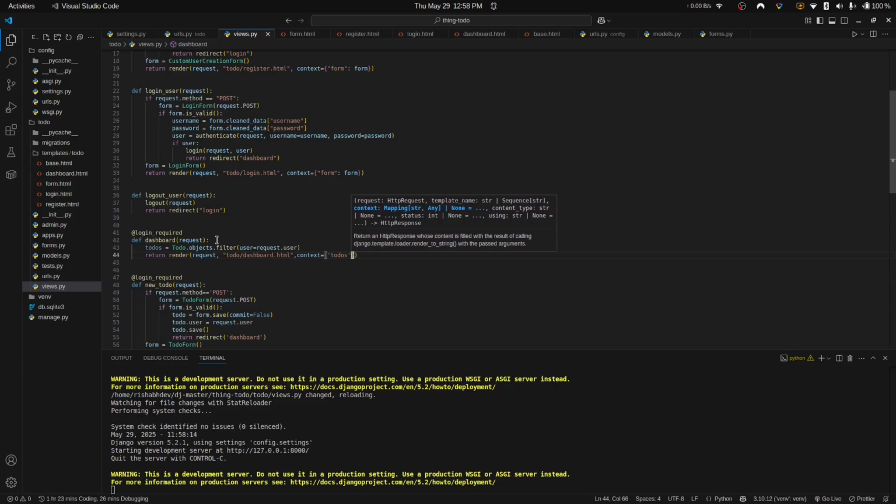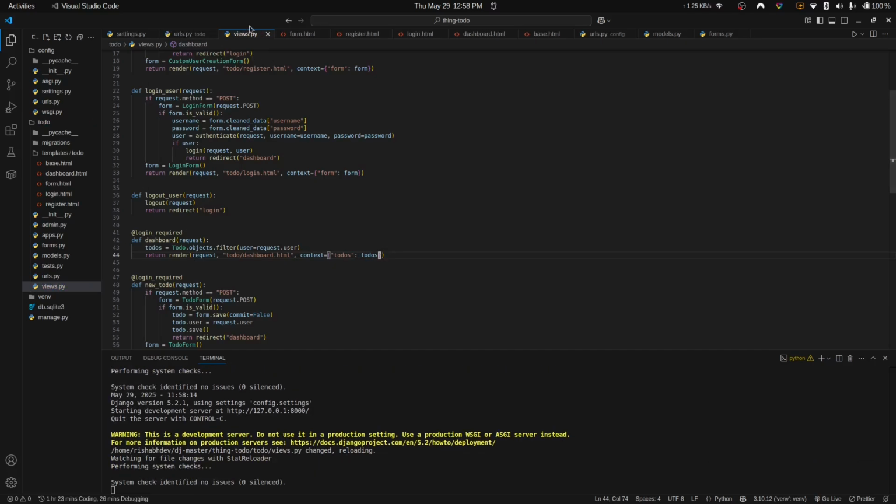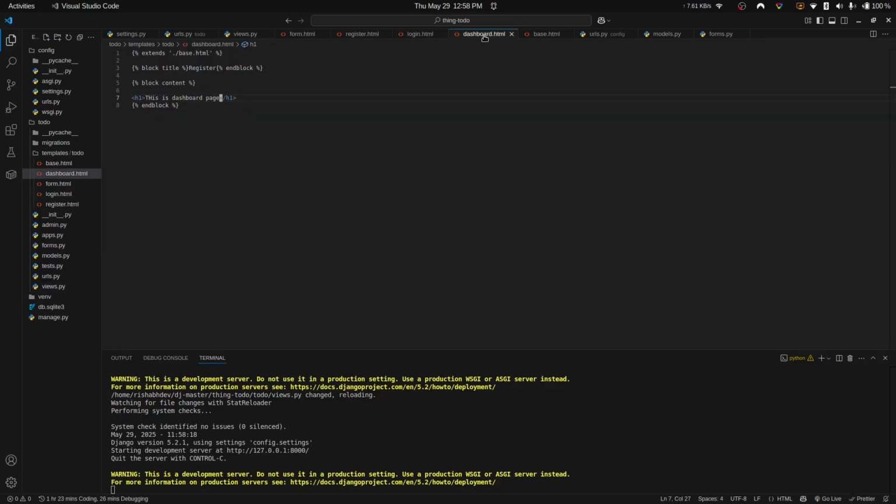To-dos: to-dos. And now we will go to the dashboard, and we'll create a div. Inside the div, we'll create a UL tag, and here we will put a for loop: for to do in to dos,